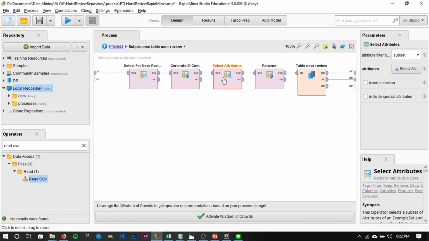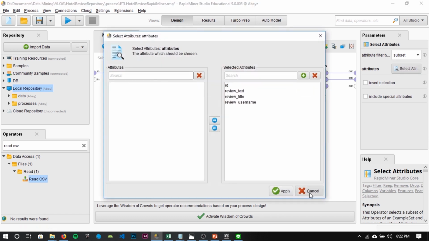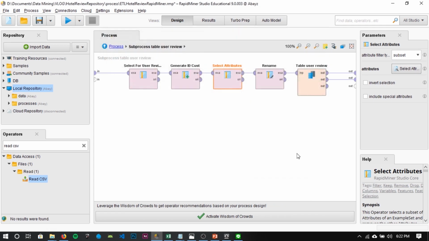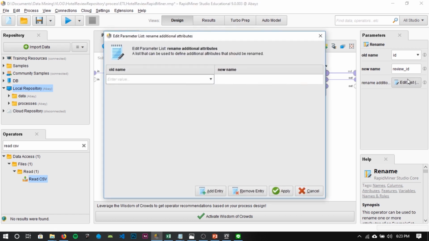The next step is Select Attributes again. Why? Because after Generate ID, the ID is not selected automatically in RapidMiner, so I manually select the ID attribute with the Select Attributes operator. After that, I rename the ID attribute to make it readable in RapidMiner. And the last is the Multiply operator.